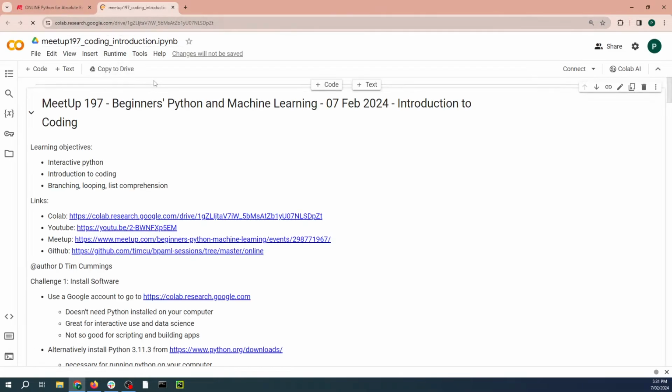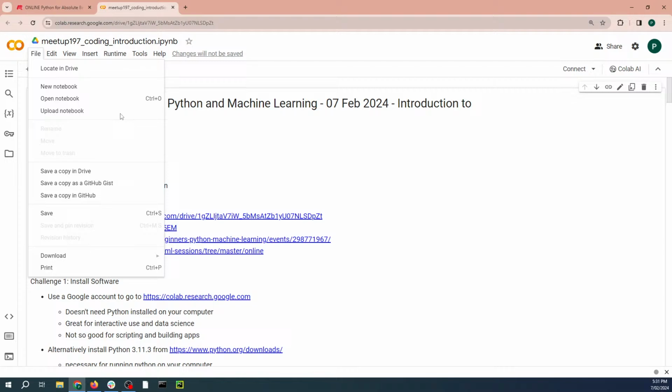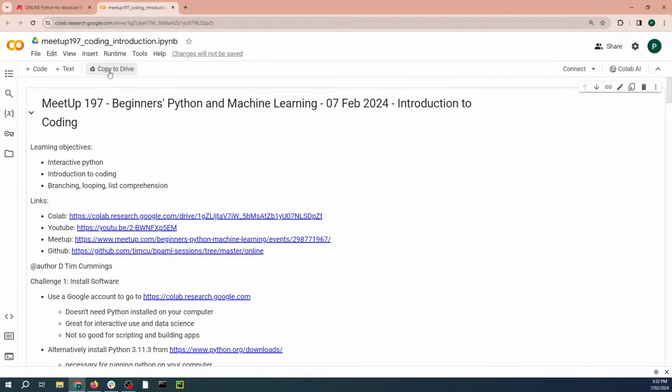So if you click on the link, it takes you to colab.research.google.com, and this is a notebook that's been created. Now see, it says here changes will not be saved. That's because it's my notebook, and you won't be able to save stuff back to my notebook. But what you can do is make a copy of it to your drive by clicking on the copy to drive button here, or even save a copy in drive from the file menu. So click on copy to drive, and this will create a copy,